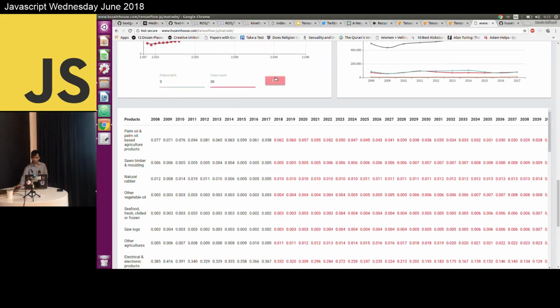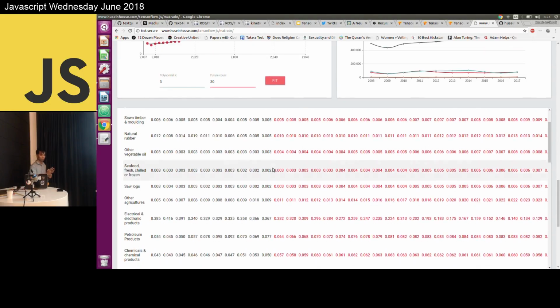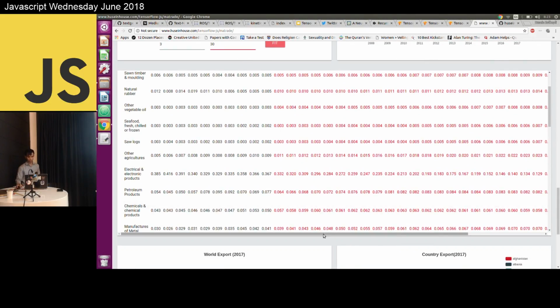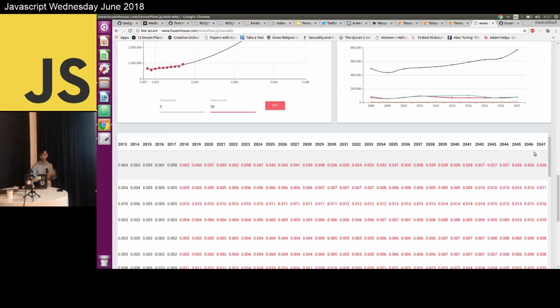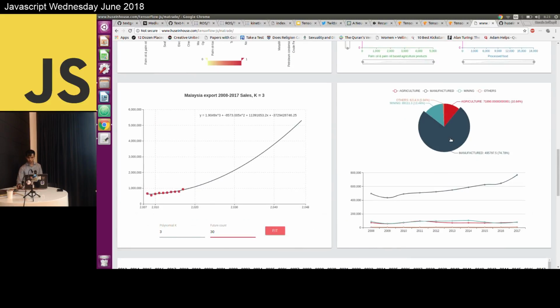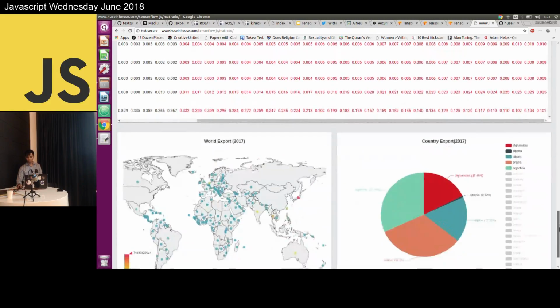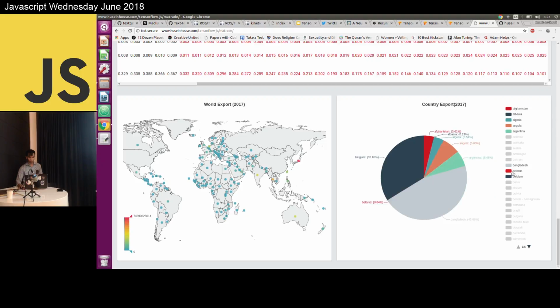So this dashboard is open source, but the data is not open source. The data is from our government. So you can check this website to understand more about what happened to our export and import dataset, how much the value of it, and which country. You can click, you can zoom for the world export. You can play around.